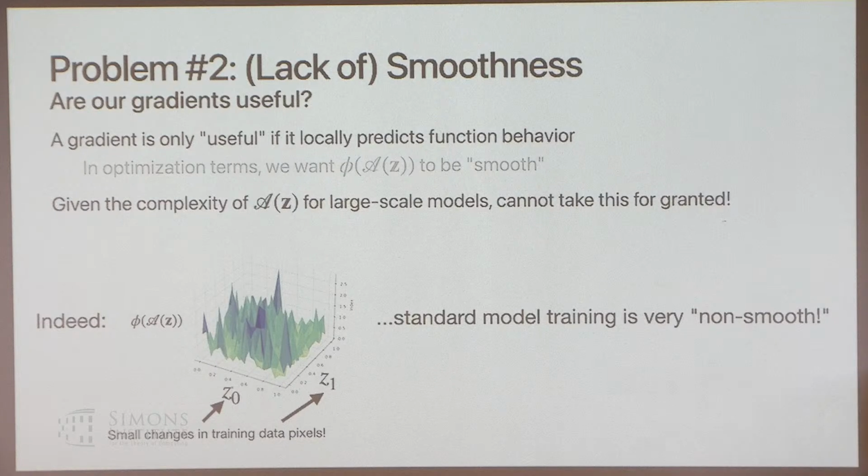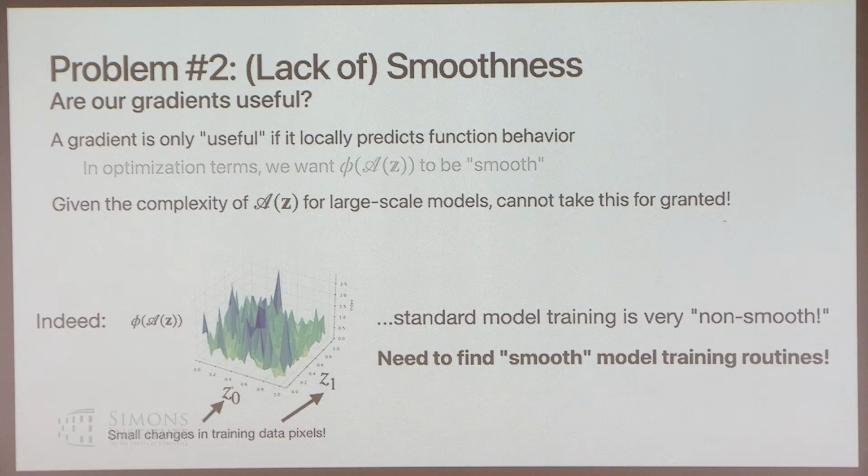Right. Does the problem here at least make sense to people? We want to take the gradient of this function. I just showed you this really long, complicated procedure for how we're going to take the gradient of this function. But if we actually look at the function that we're taking the gradient of, it looks like a mess. And so we're going to have to find a training routine that's somehow smooth, that looks not like that.